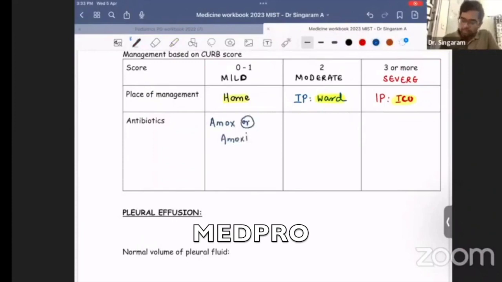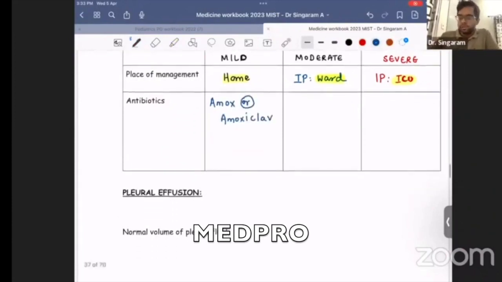So now they are saying even amoxiclav. I think all of you know this. Amoxiclav means a combination of amoxicillin and clavulanic acid, right? You can give amoxicillin or amoxicillin clavulanic acid. Now, a very important point: if the patient is penicillin allergic,